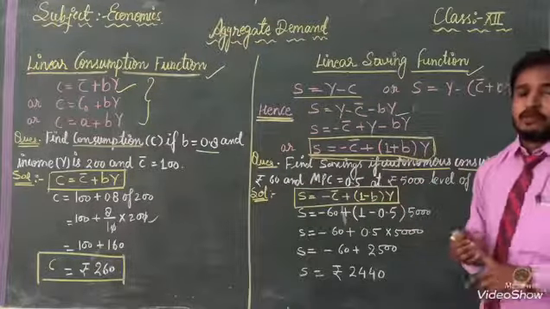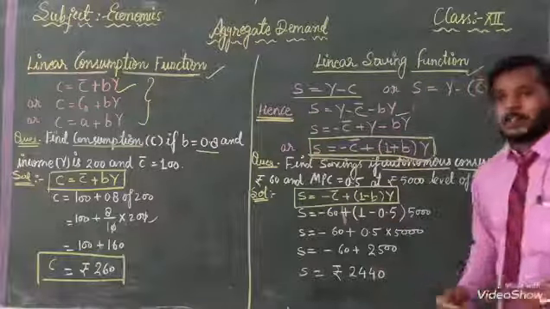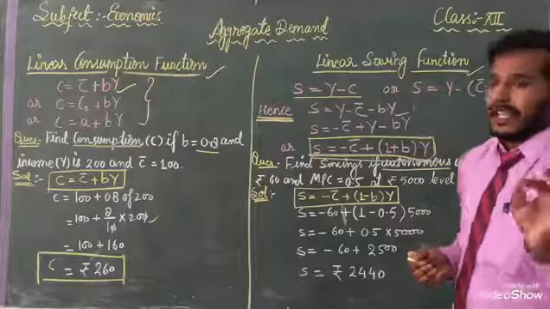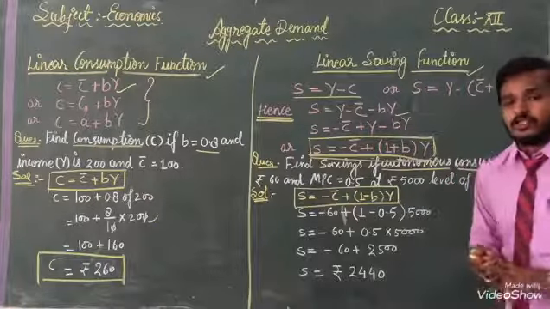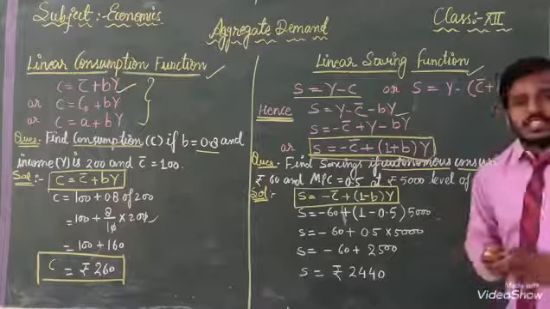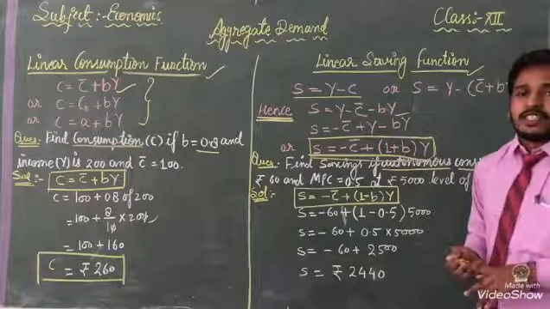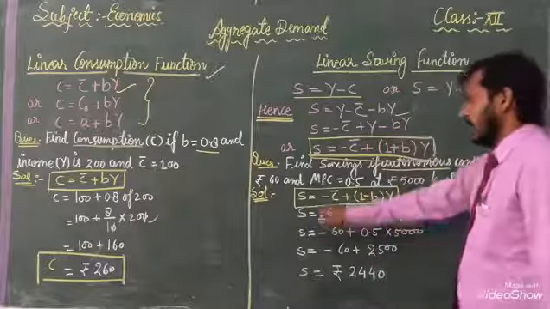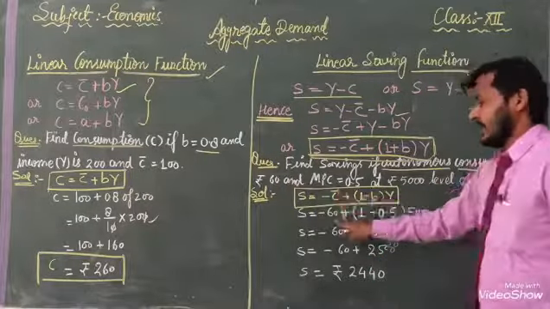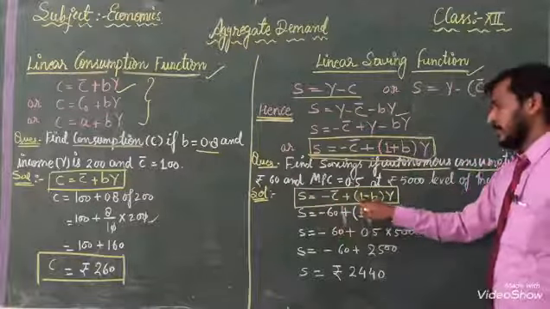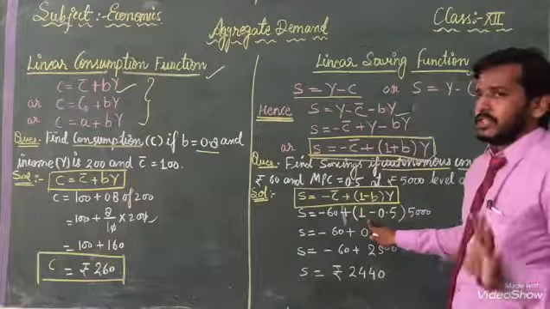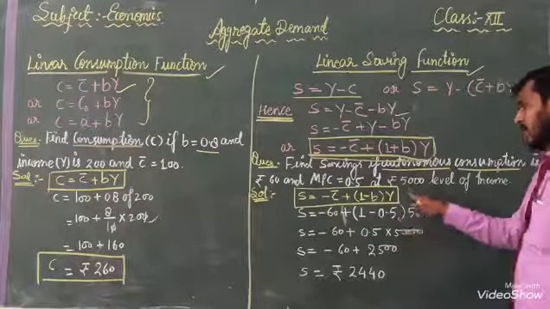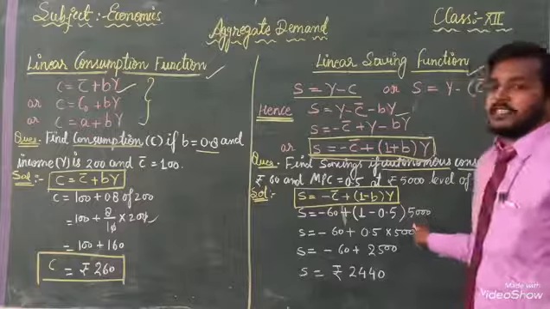Okay, when you put the values of all these functions and equations, whatever values are given here, with the help of that you will get the solution. So now we have to put each and every value given in the question into this formula. At the place of minus c bar we have written 60. At the place of 1 we know that 1 should be there. At the place of b, 0.5, and rupees 5,000 should be written here.